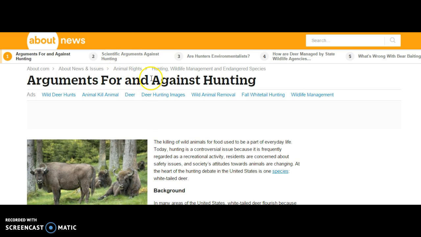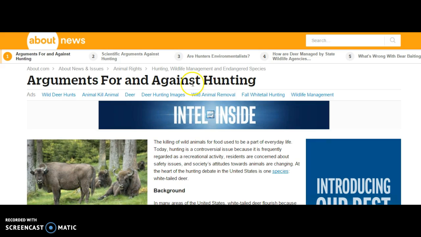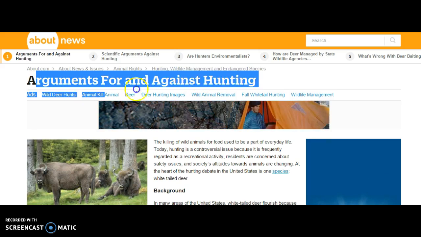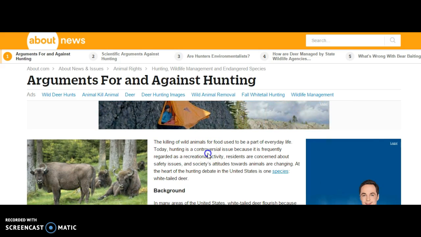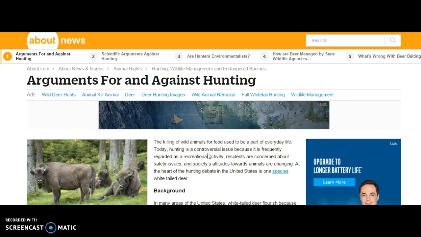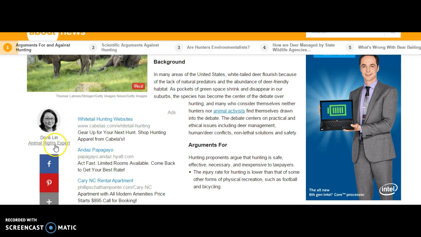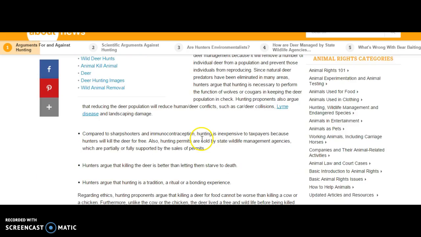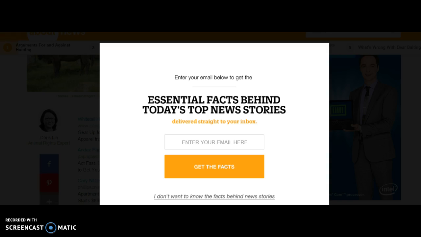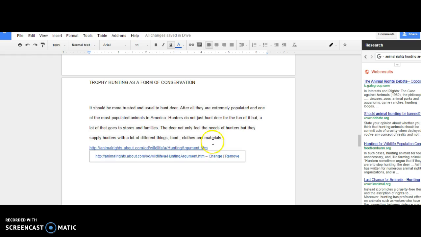And there are two pieces of information I'm looking for in my in-text citation. I can use the title, which would be Arguments for and Against Hunting, but it's better to use, if you can find it, the author's name. So I'm going to scroll down through here and look for an author name, and I see that Doris Lynn is the author of this article. So on the in-text citation, I'm just going to open up my parentheses, and I'll do it right after the thought that came from this article, and say Lynn, comma,